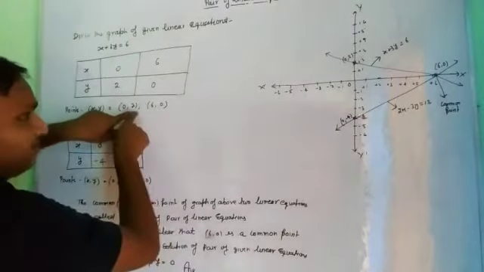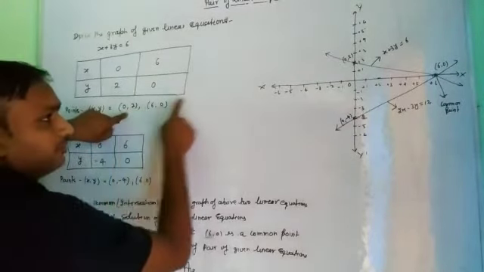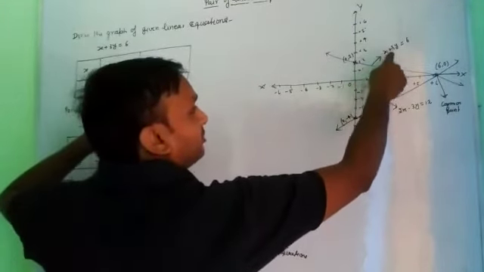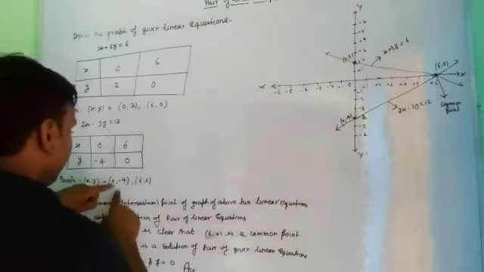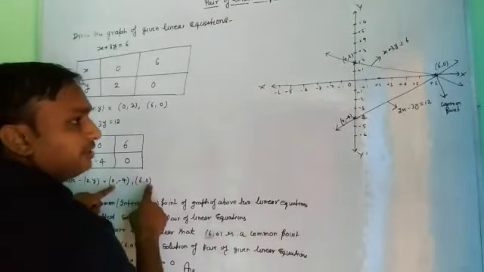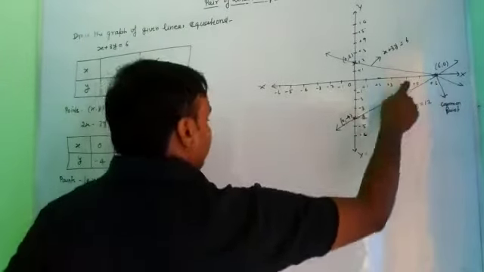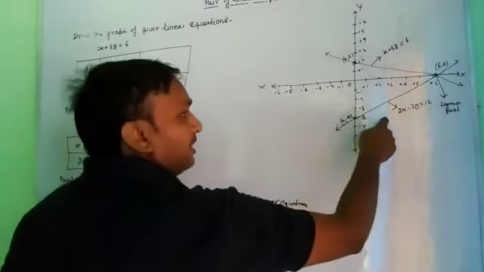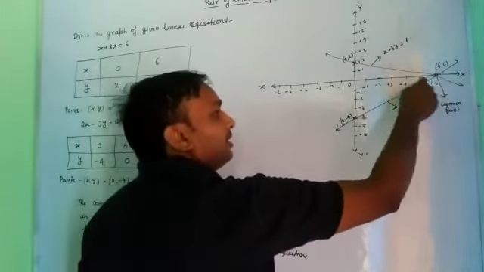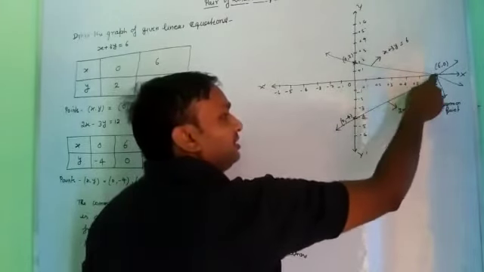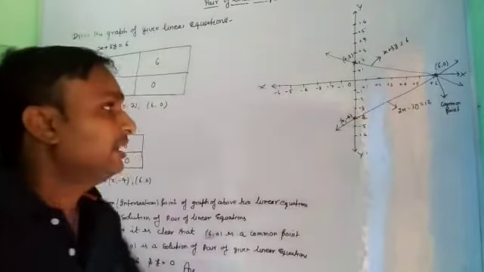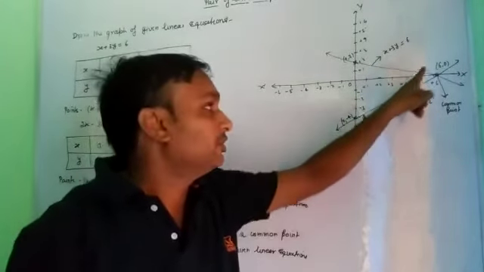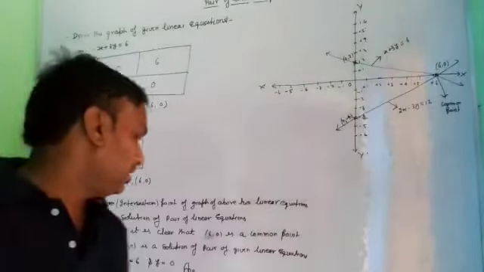So first join the points (0, 2) and (6, 0). This line obtained is the graph of the linear equation x plus 3y equal to 6. Join the points (0, minus 4) and (6, 0), that is this and this. We get the graph of the given linear equation 2x minus 3y equal to 12. The common point or intersection point of these linear equations is called the solution of the linear equations. Since (6, 0) is the common point of the given linear equations, (6, 0) is the solution of the given linear equations.